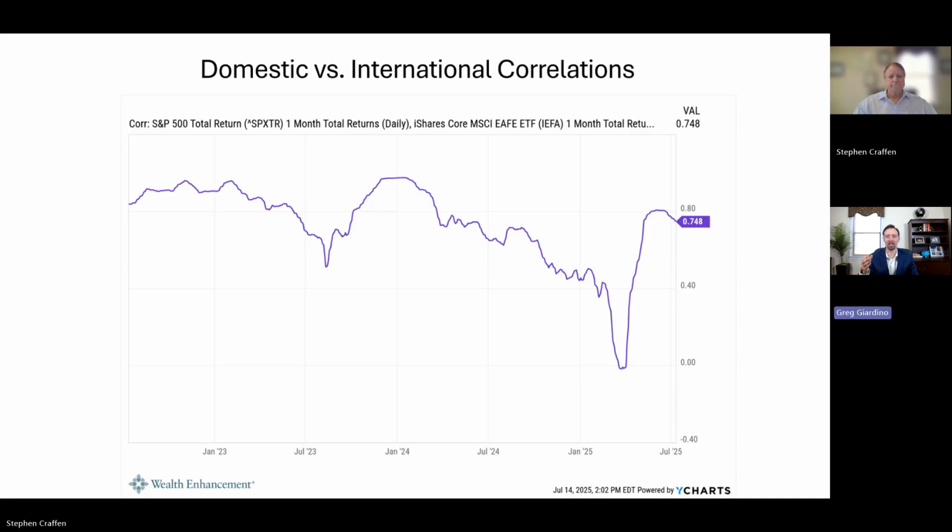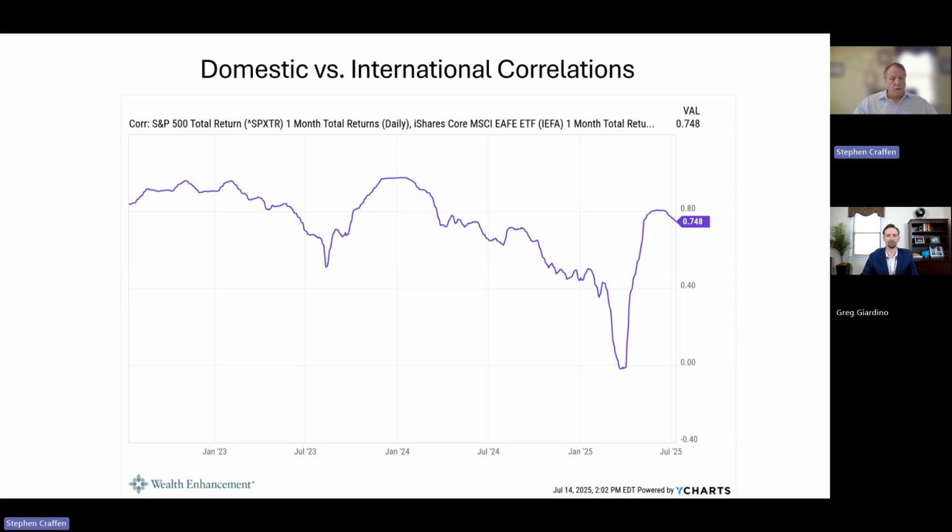So you could see here, looking at correlations, if the US stock market is a 1, this is about 25% less in a correlation. We're looking at a 0.75. It's not perfect, but once again, international can have its day, US can have its day. It could be for decades, it could be for days. We don't know, but you really want to have both.